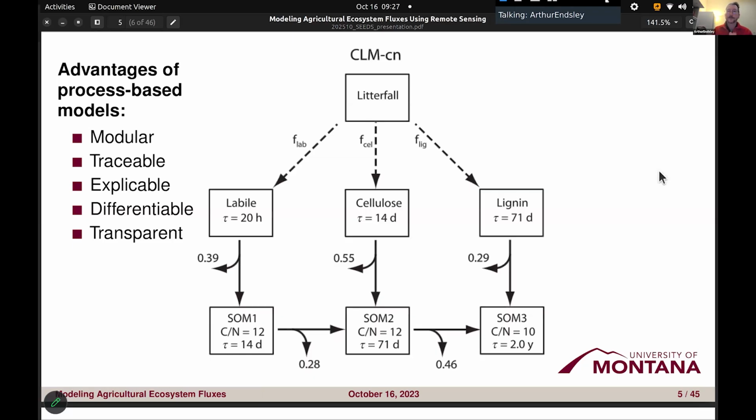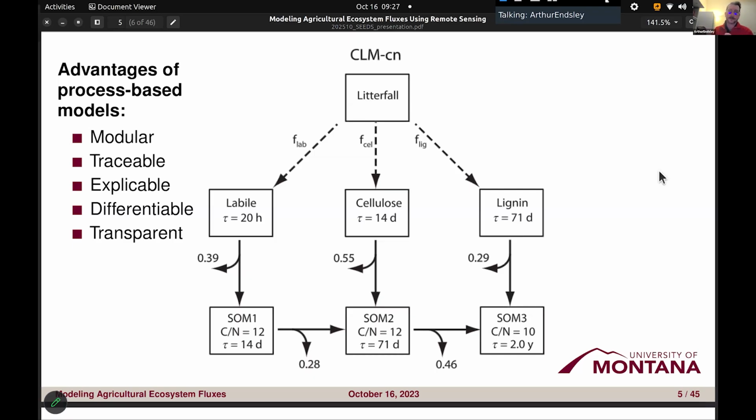This model is also differentiable. And in this way, I'm making an analogy here with a neural network. This is a directed acyclic graph, and we could actually calculate, again, as part of a sensitivity analysis, the rate of change in carbon entering the soil organic matter pool for a certain change in litterfall or a certain change in the turnover time. So in this sense, we could actually fit this model using the same kinds of backward propagation techniques that we use for neural networks, the same kind of analysis techniques that we use for directed acyclic graphs more generally.